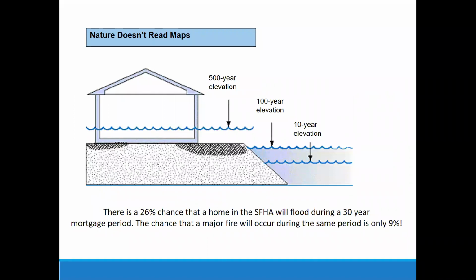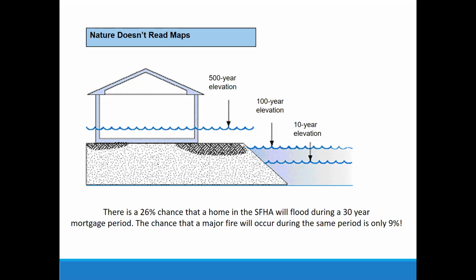Now, Mother Nature doesn't read flood maps. The best case example I can give you of that in the state of Kansas is Coffeyville, Kansas. In 2007, they had a flood in Coffeyville. We use this term 1% annual chance flood; on this picture, it'd be called the 100-year flood. Well, their flood was a 1 in 2,500 event. They have a levee. That levee has 3 foot of freeboard. That means the levee is 3 foot higher than a 1% chance flood is supposed to be. The water was 5 feet higher than the top of that levee.